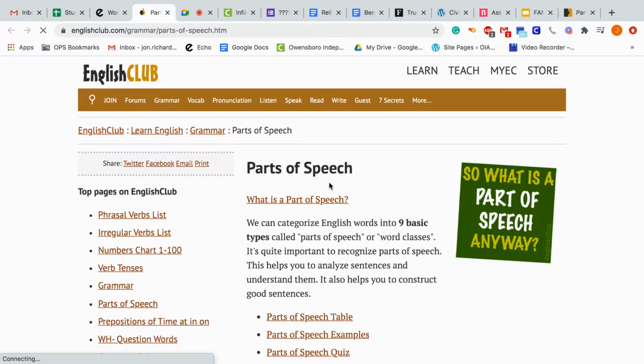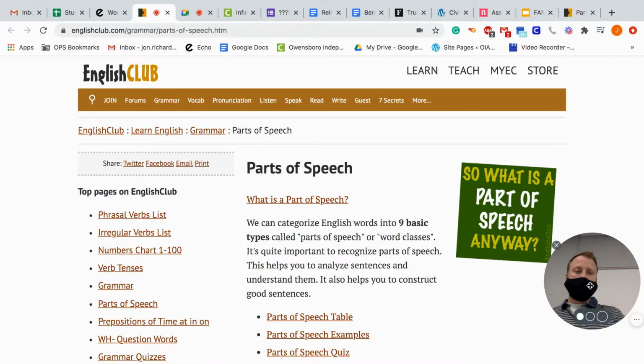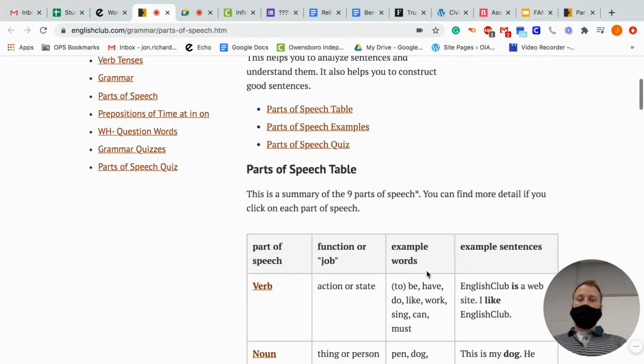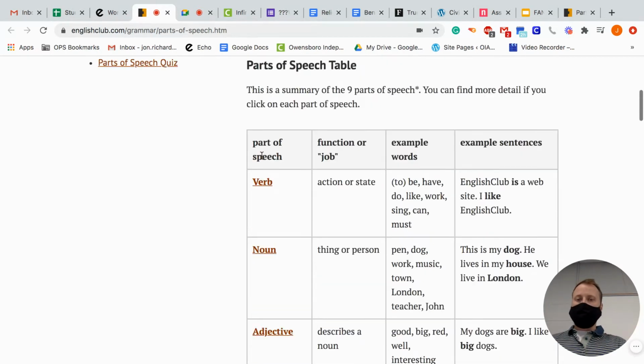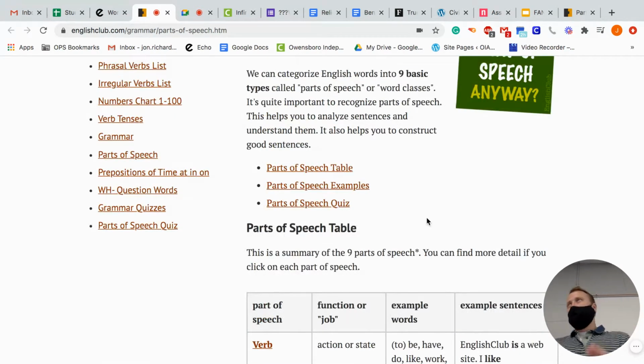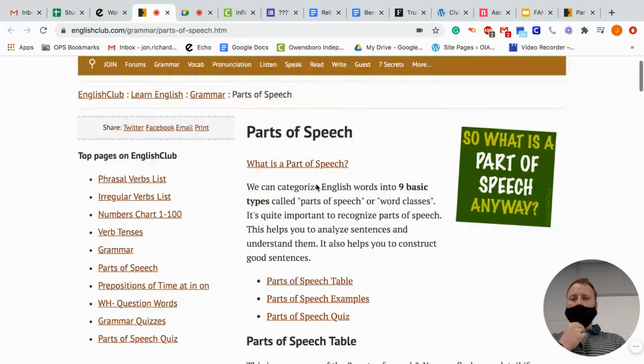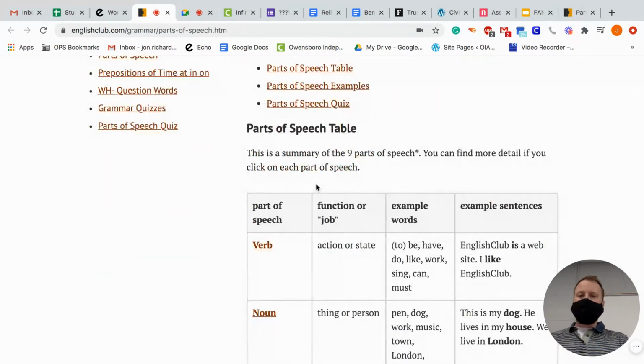So the first thing is I want you to take in the Parts of Speech, and this website is going to be a resource that is there for you all going forward, because I'm noticing as I'm working with a few of you all, I'm like, which is the verb, which is the noun? You guys are struggling a little bit with knowing what those are. So this is a great website just to kind of like, if you're sitting there going, oh, what is a noun, what is a verb? Go and get back on this website and look over. But it basically takes 9 parts of speech. So for a long time they looked at there's 8 parts of speech, and some people say 9, some people say 10. So we're going to look at this website, which is EnglishClub.com, which looks at 9 parts of speech.